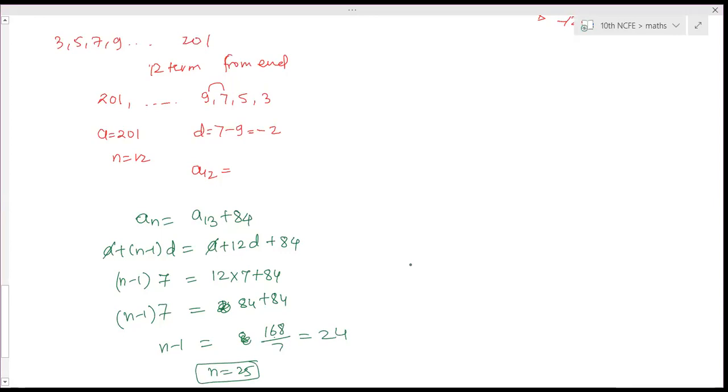Gokul, which doubt? Ma'am, I had a doubt in the 33rd one. Find the 8th term from the end. Yes, ma'am. So reverse the AP. When you are finding the 8th term from the end, you have to reverse the AP, no? Okay, ma'am. You have done such questions in NCERT. One question was there. I got confused with this question, how to do it.